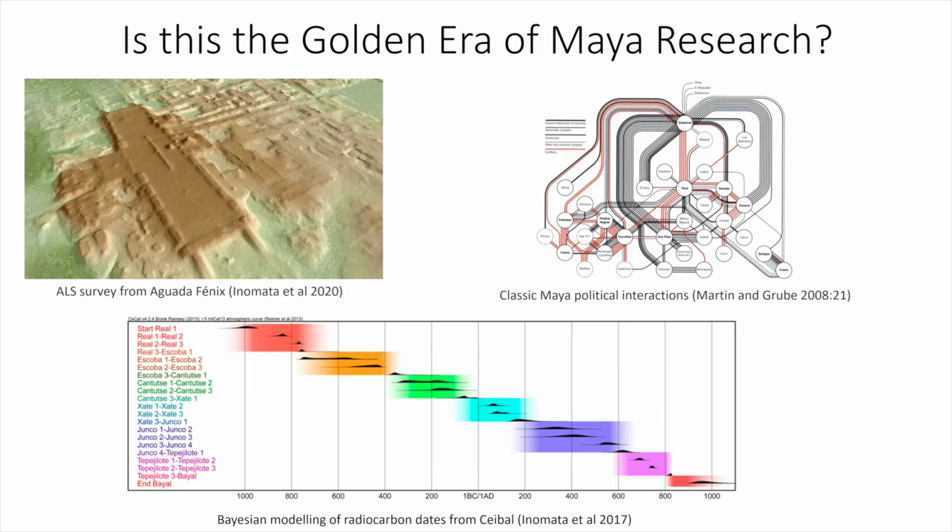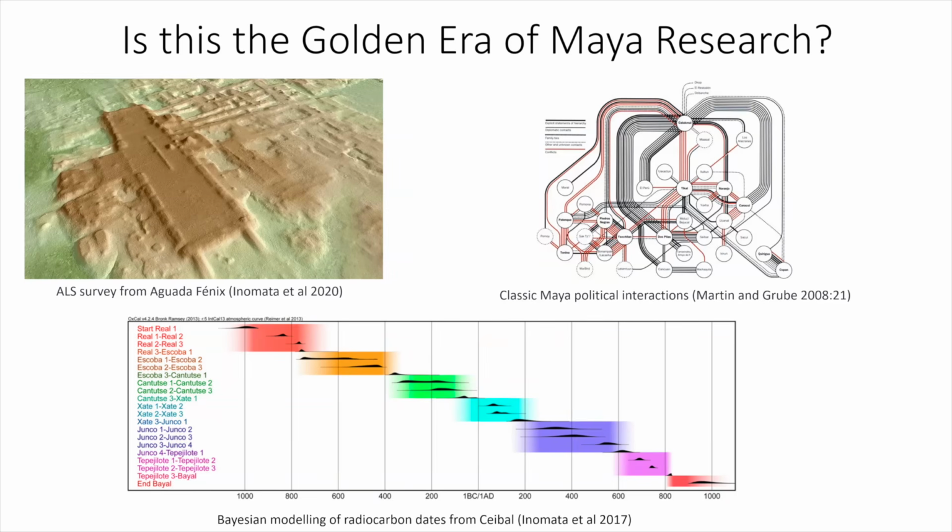Although I spent most of my career working in the Maya area, I've been doing research up here in Washington State in the Salish Sea, and our archaeological chronologies up here are millennia to centuries in length. But getting things down to 50 years or even less in the Maya area provides us with an ability to look at things like economic change and political change, things that are pretty volatile historically. That's again a really major empirical advancement that we're seeing right now.